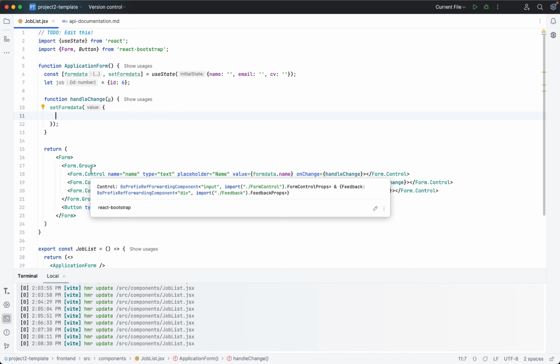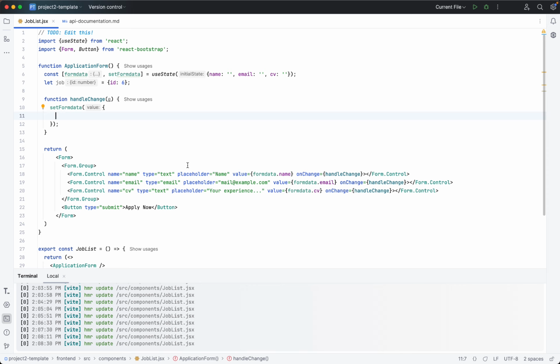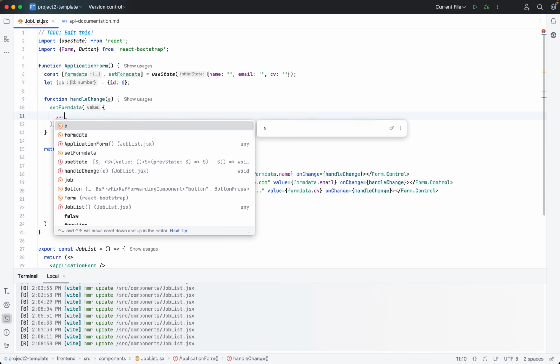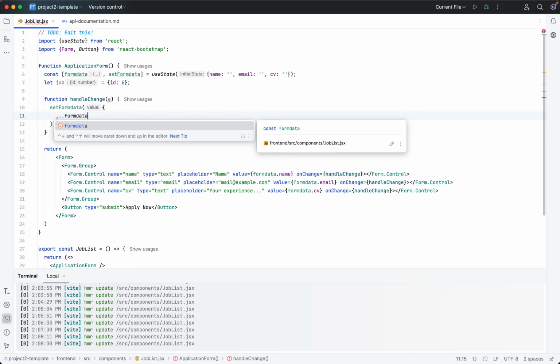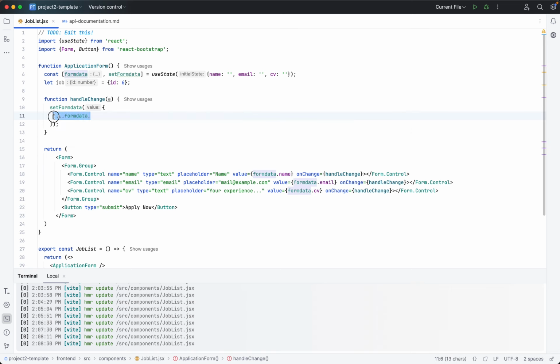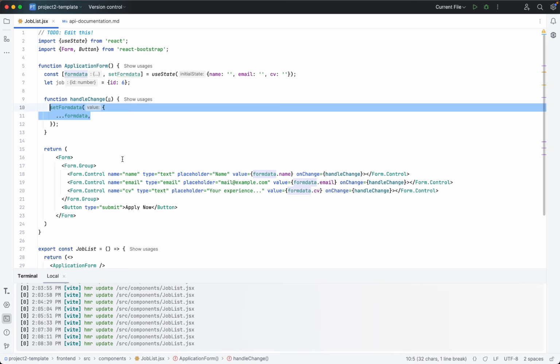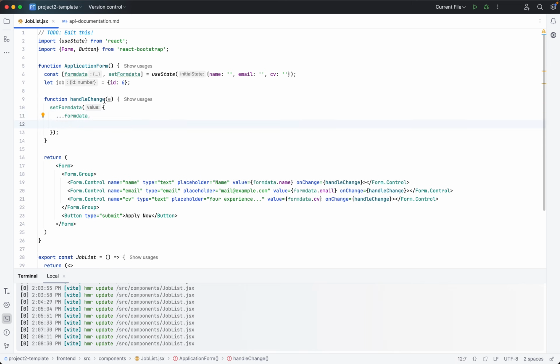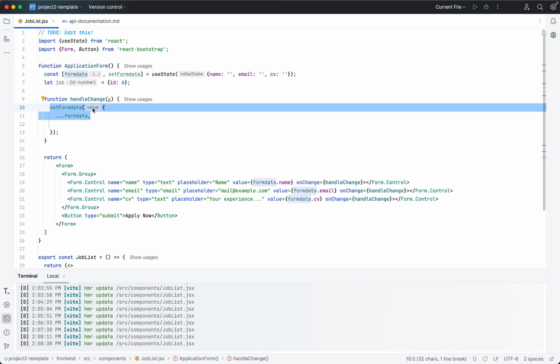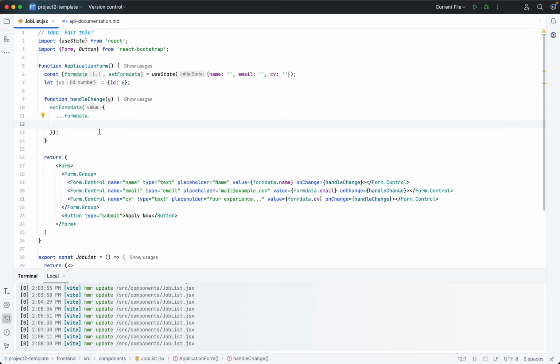And what we will do is use the JavaScript spread operator like this. So what this does is it takes all the old fields, so name, email, and CV, and puts them in here. So it basically says, okay, first set the form data to whatever we had before. So this doesn't really change anything, it just sets it to the values from before. But additionally, we want to override